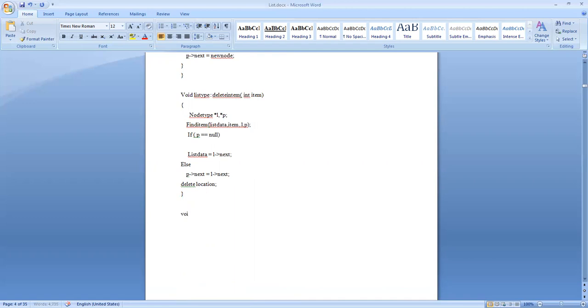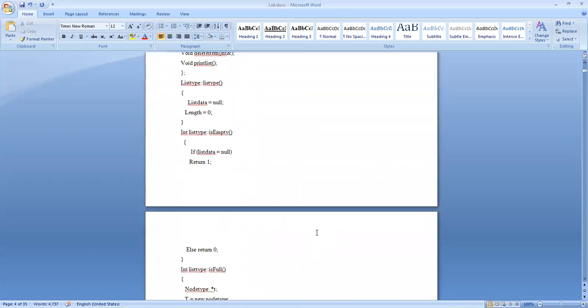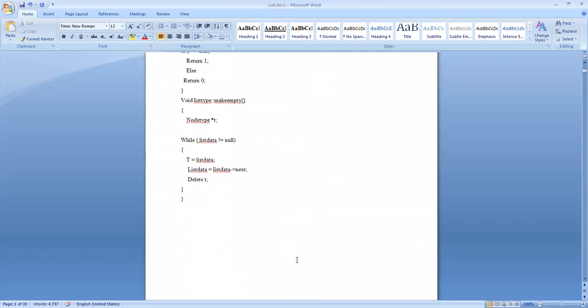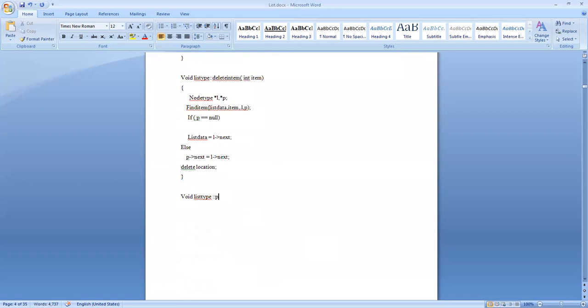Void list type. What is the name of the function we have used here? The name of the function is print list.